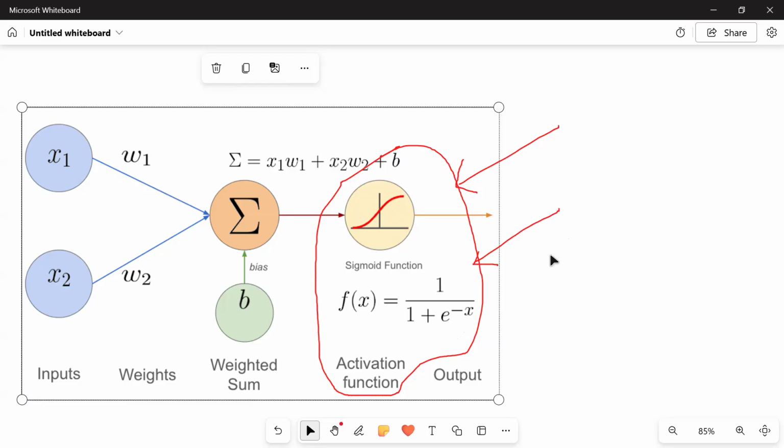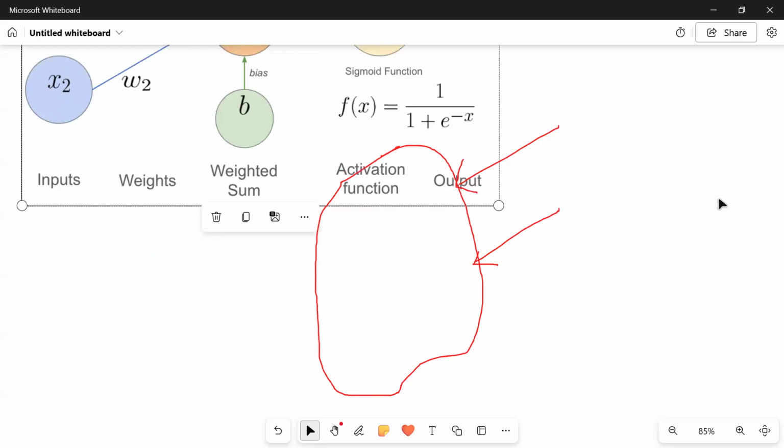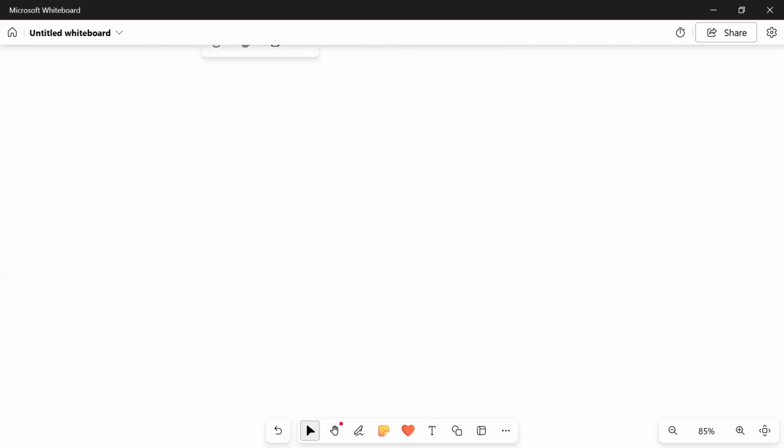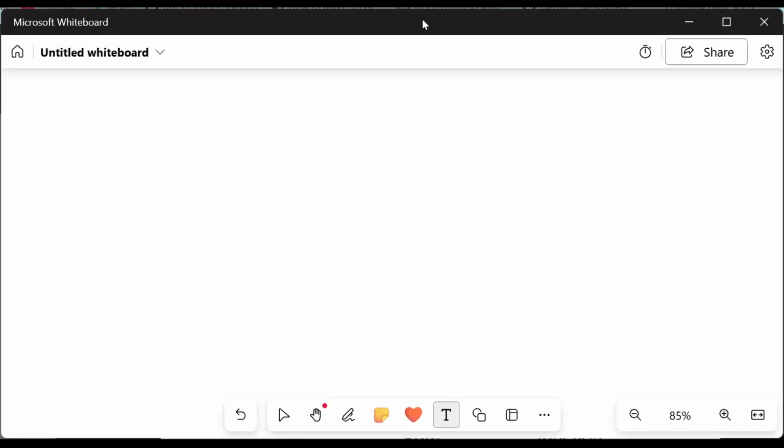We do have different kinds of activation functions. Let's talk about each and every activation function, in what kind of situations we can apply it, and what kind of problems we can face with the help of those particular activation functions. For example, if you apply one particular activation function, what kind of